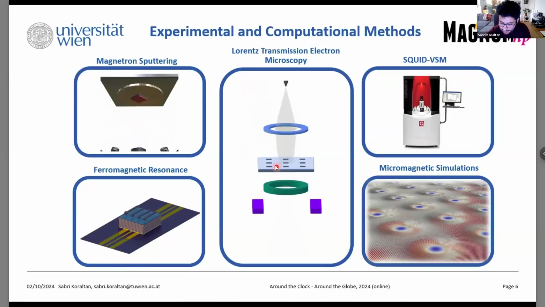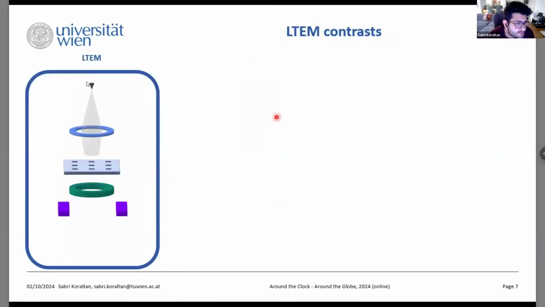So let's have a look what this means. What this means basically is that we have a transmission electron microscope. So we have an electron emitter, and then we have the electron beam. This is a very schematic presentation, but the beam goes through lots of objective lenses and apertures, and then we have a grid, and this is, for example, a silicon nitride membrane with a thickness of 30 nanometers, and we spot a deposit on top